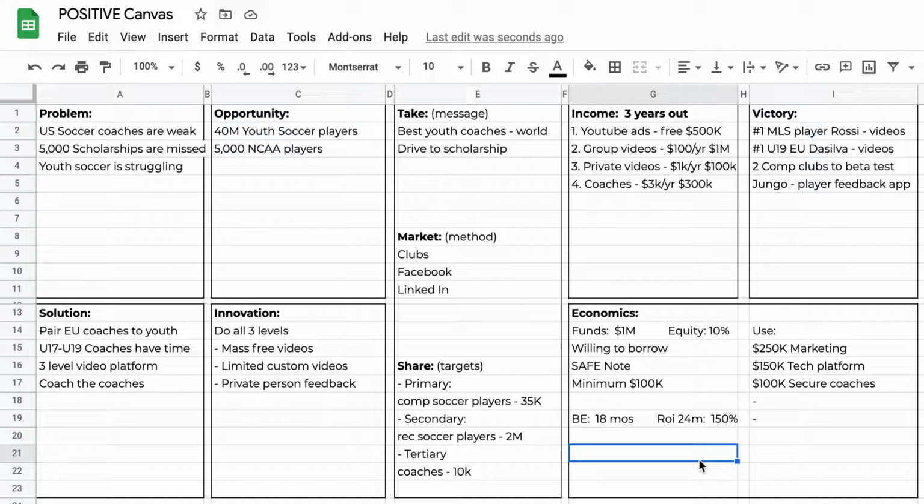So this is a quick overview of the Positive Canvas with an example on how to fill this out. Super easy. And once you've done 2 or 3 of them, practice them on really stupid ideas. But once you've done a couple, you get pretty comfortable with it, you roll through it pretty quickly, and literally the stuff that I just populated here was on a project that I'm sort of working on, but I only started 3 days ago, right? So these are just kind of ideas that are popping out of my head.